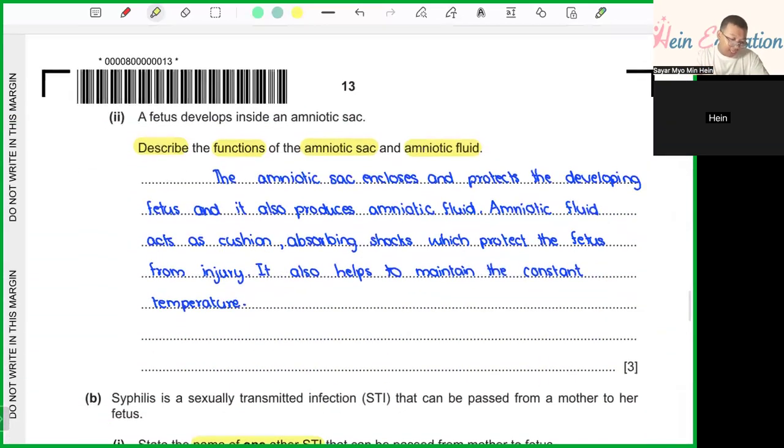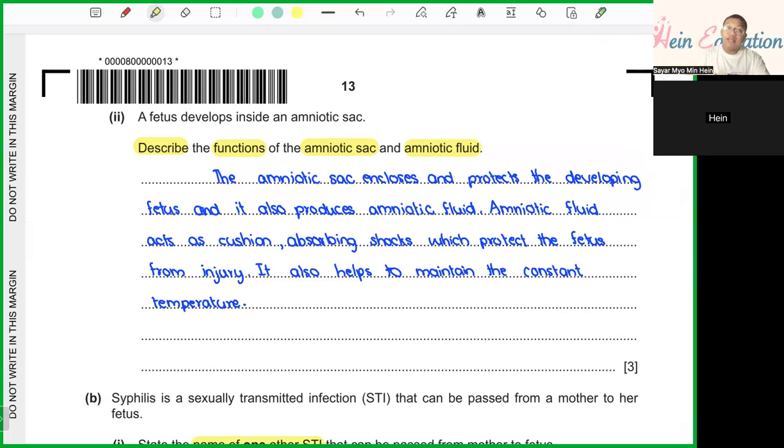And then again, describe the function of the amniotic sac and the amniotic fluid. So the amniotic sac encloses and protects the developing fetus, and it also produces amniotic fluid. So the amniotic fluid acts as a cushion, absorbing shock and protecting the fetus from mechanical damage or injury. And it also helps to maintain a constant environment, basically providing a sterile environment that is optimum or suitable for the fetus to develop